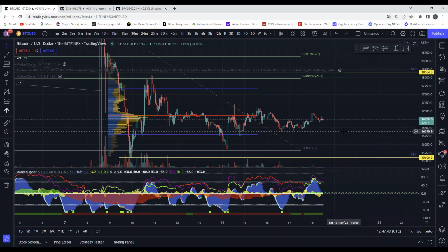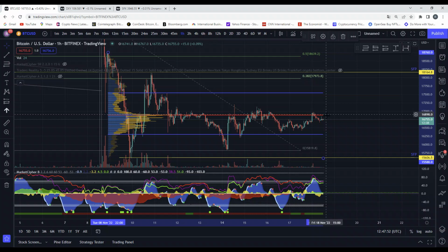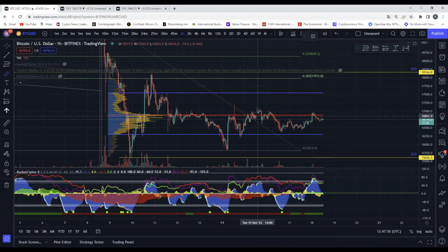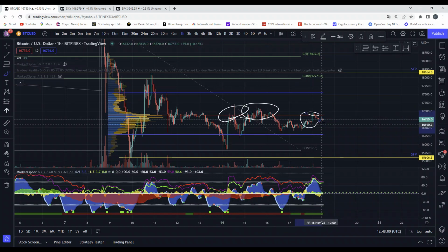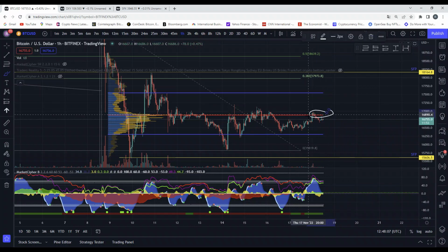And we're starting off with BTC USD on the 1 hour. This is the chart where we left off. Let's extend here the volume node. There we see that we're trading just underneath the point of control. We have been trying now already for a couple of days to trade above that point of control, but every time we get there we kind of just get smack bang down again. Once we are able to reclaim that point of control, have a successful breakout, preferably retest, then I think we can try to visit the value area high of this range,